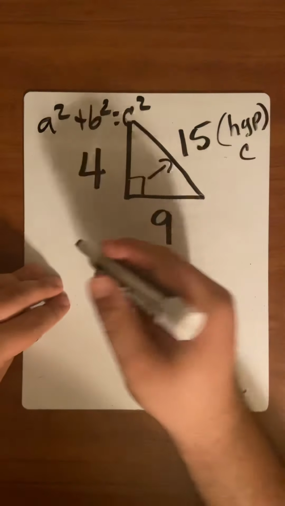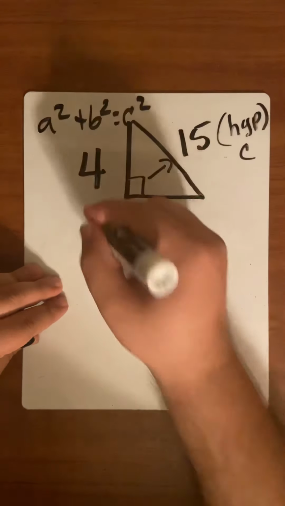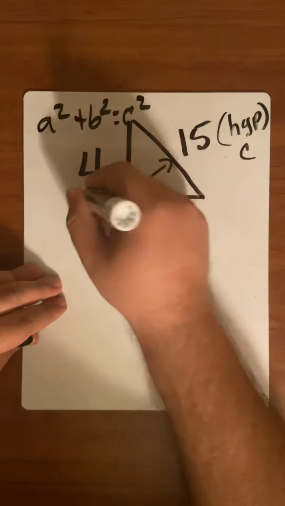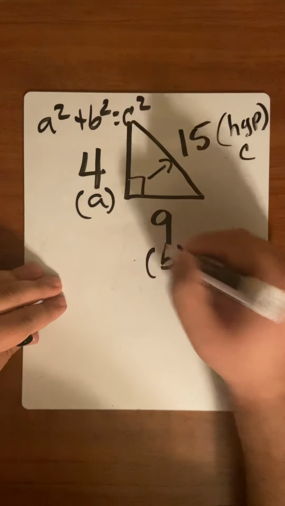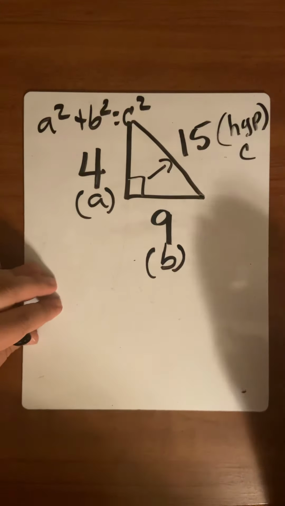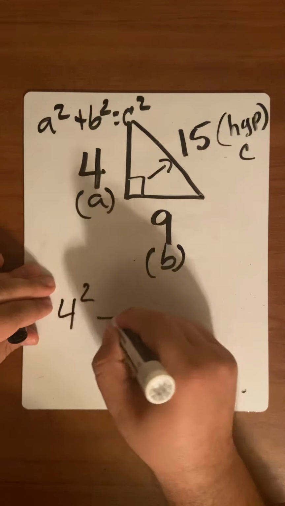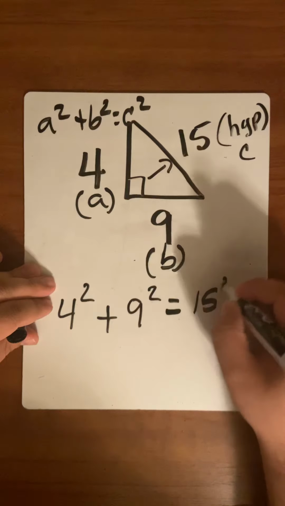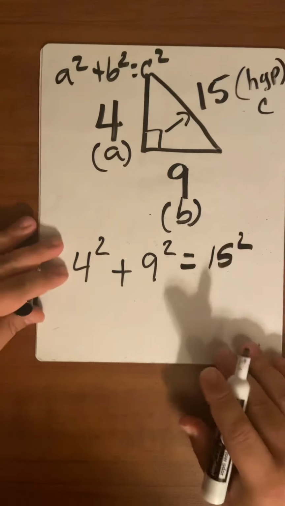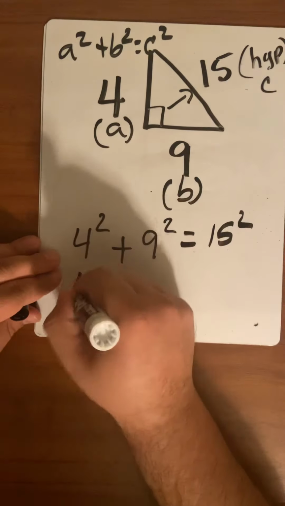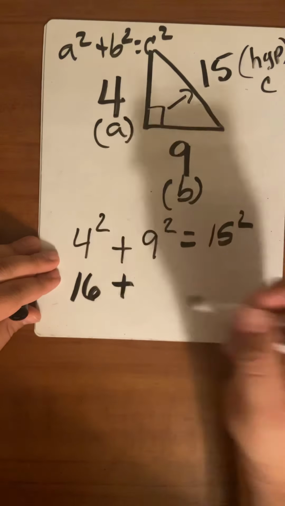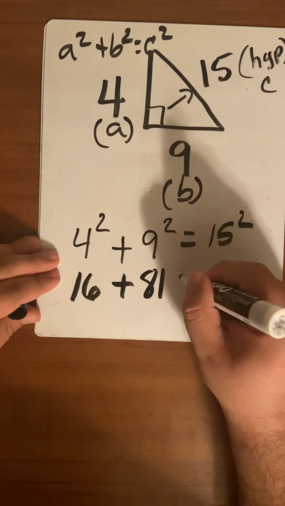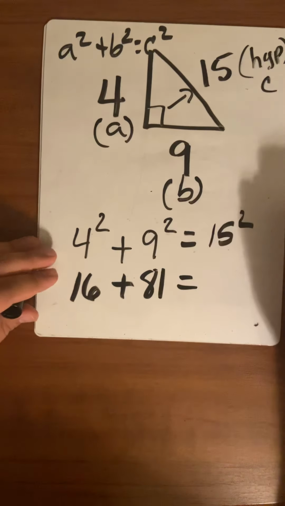So this is our C. Remember, these can be A or B. It doesn't matter. Again, I'm going to call this one A and I'm going to call this one B. So 4 squared plus 9 squared equals 15 squared. Now if I work this out, I end up with 16 plus 81 equals,